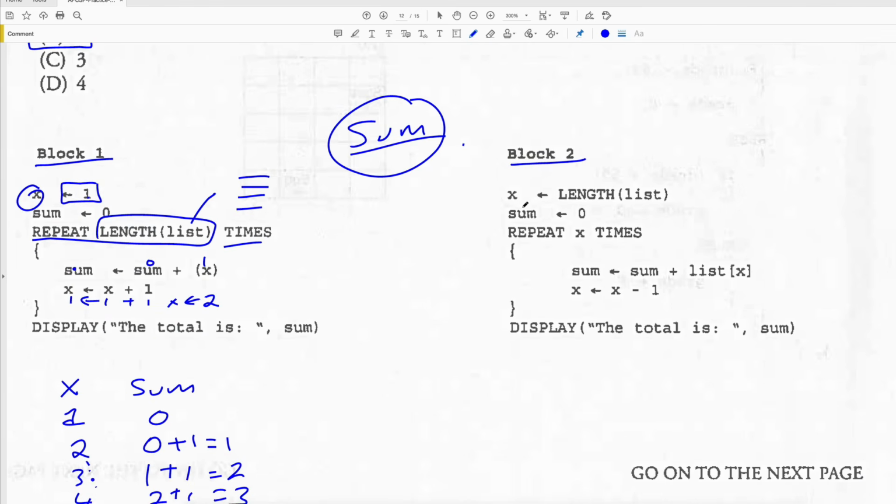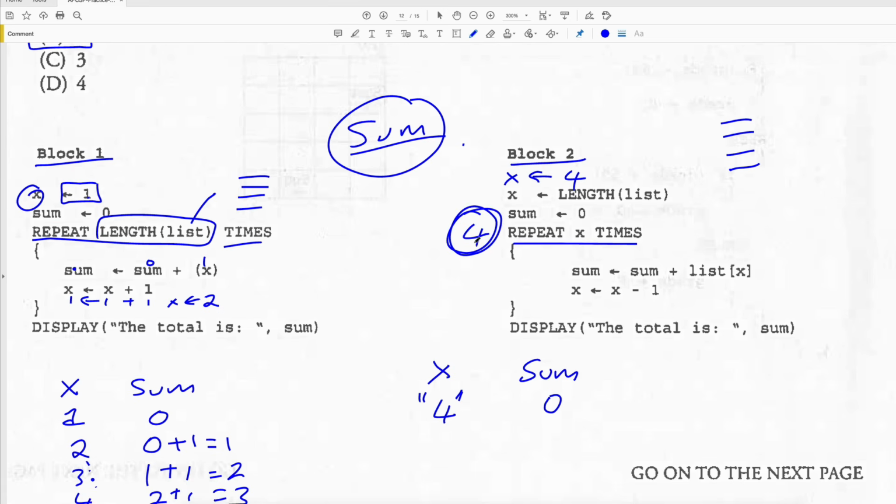So X is assigned the length of the list. So if we keep our same example of 4, let's say that X is assigned 4. So we've got X and we've got sum. And this is our number 4, we just made it up just so that we can visualize it. Sum is assigned 0. And now it says repeat X number of times. So it's going to repeat this 4 times in our example. It's going to take the sum, which is currently 0, right? And it's going to assign it with the value of sum plus the item on the list, which is in